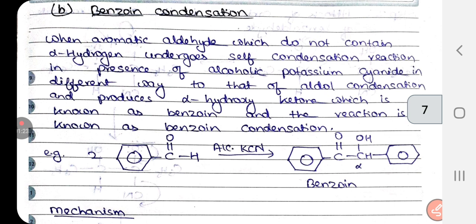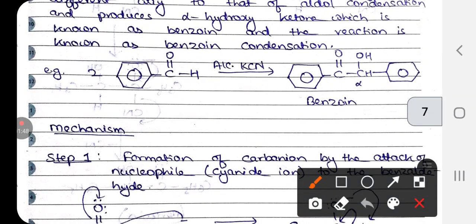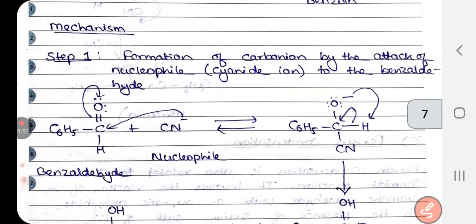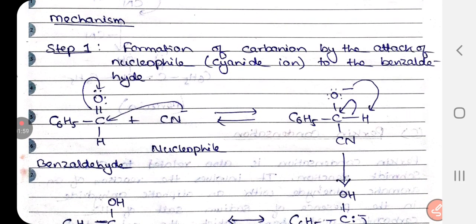On your screen you can see that two molecules of benzaldehyde are taken and they undergo interaction together through the condensation process and form alpha hydroxy diphenyl ketone, which is known as benzoin. Now we'll discuss the mechanism of this reaction, how this reaction is mechanized step by step. In the very first step,